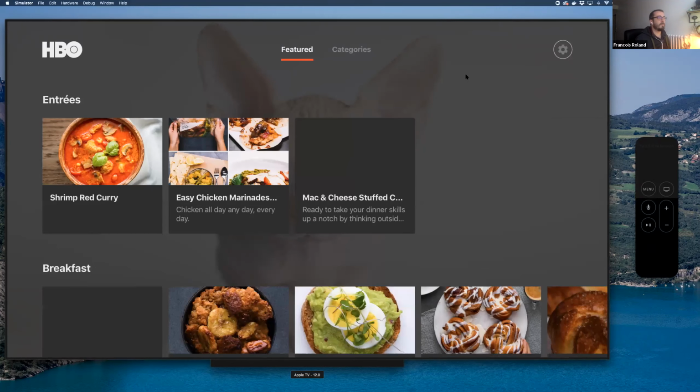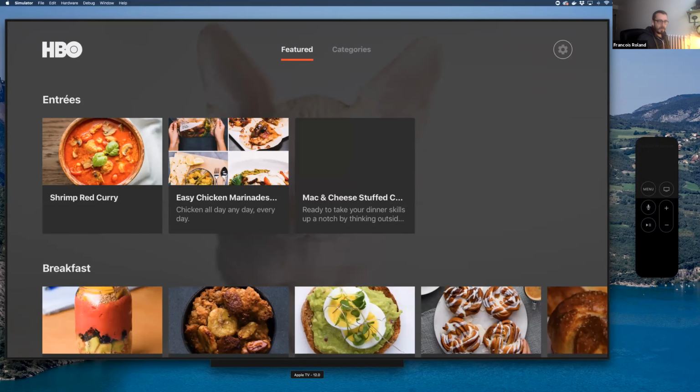So now if I'm back on this page, now I have my remote on the side. You'll excuse me in advance, but using the TV remote on the simulator is really not a good experience, so I hope I'm not going to mess anything up. When I'm here, if I push on the menu button, basically it will hide the UI and just reveal the controls with the player underneath, right?